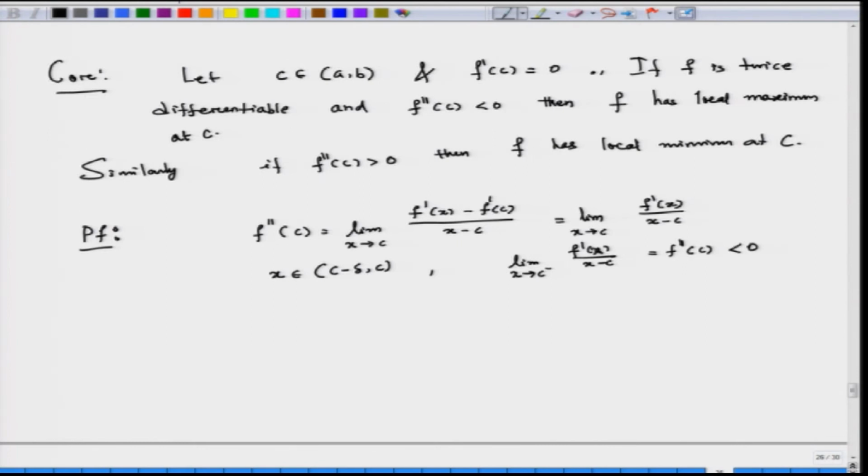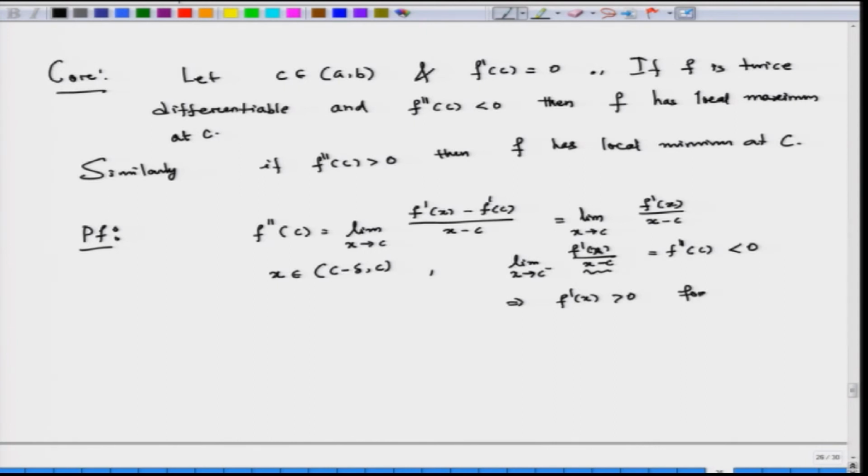Now, this denominator is always negative. So, what do you get? You get that f prime has to be a positive number, otherwise this cannot be negative, because the denominator is negative. This will imply that f prime of x is positive